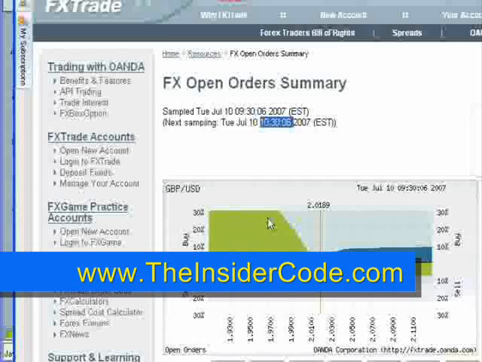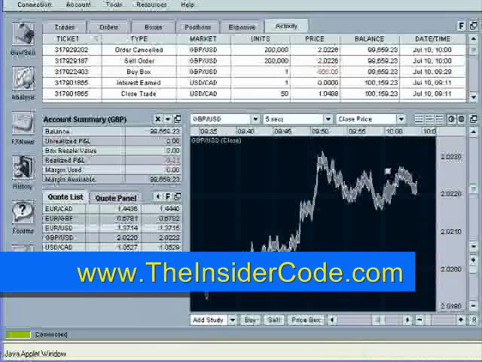In fact, if we were sitting on a bank order desk, this is very similar to what we would be seeing, where we can see customer orders, where they're sitting, and also